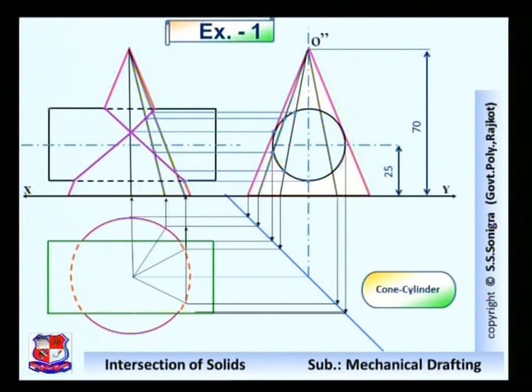Now to find out the top view of this intersection, let me pick up this point. From this point, draw a straight vertical line. It will cut this generator at this point. This generator is this one at this point. Similarly, from this point,